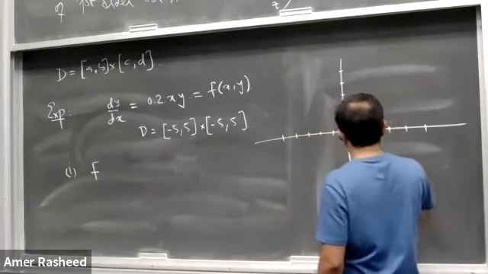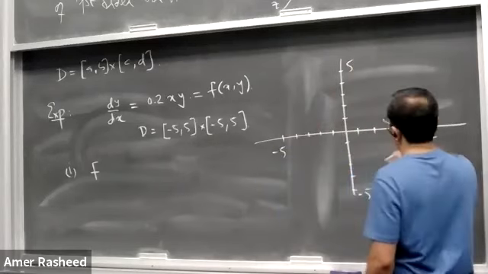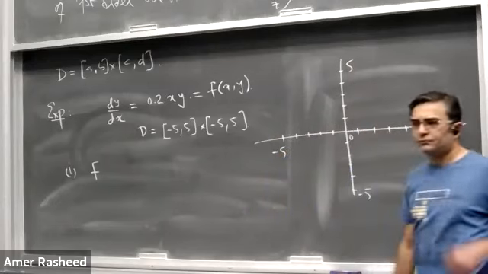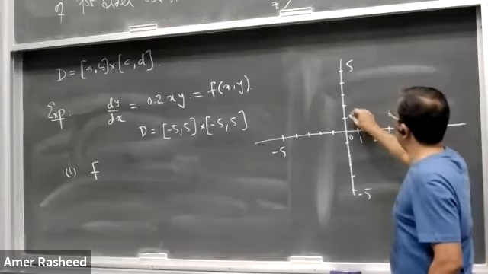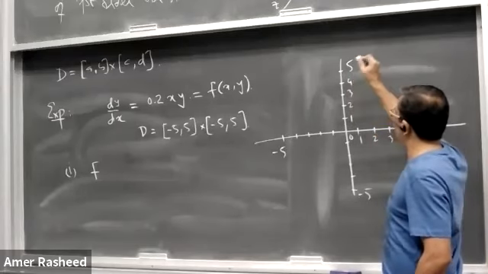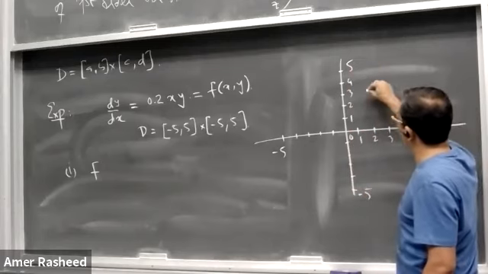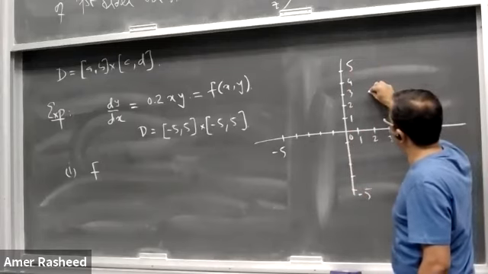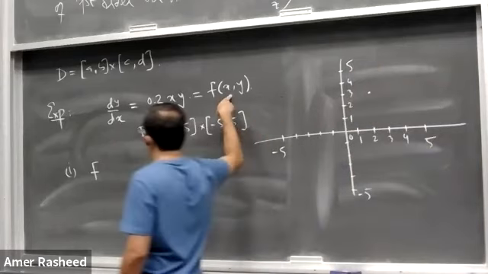So this is your -5, this is your 5, this is your -5, this is your 5, and this is your 0. If you choose some point here, maybe 2, 3, and you compute f of x, y here